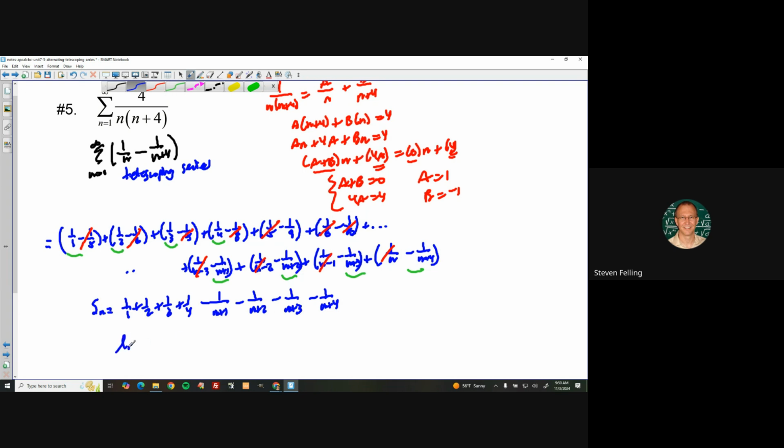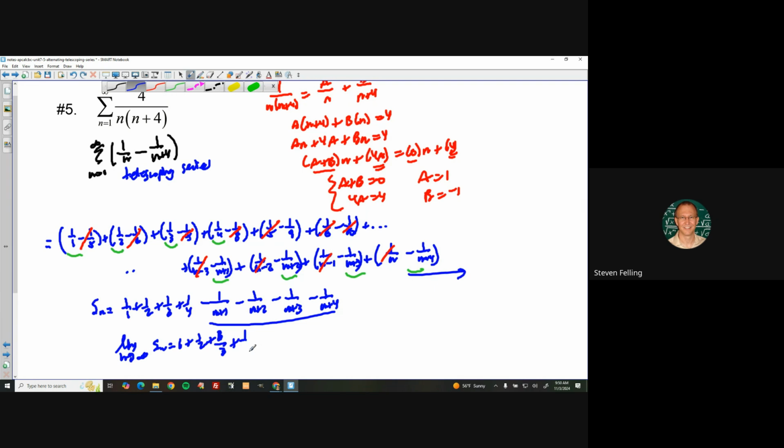So then we have to take the limit as we take this last term and move it all the way out to infinity of just this part here of that rule, and this limit is equal to 1 plus 1/2 plus 1/3 plus 1/4